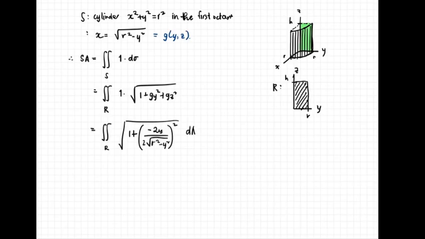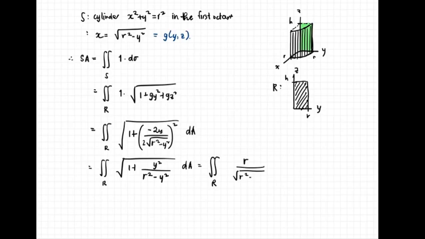And so this is equal now to the double integral over the region R of the square root of 1 plus, you have here r squared minus y squared for the denominator. The numerator here is y squared. Once you simplify, we're taking here the double integral over the region R of R divided by the square root of r squared minus y squared dA,